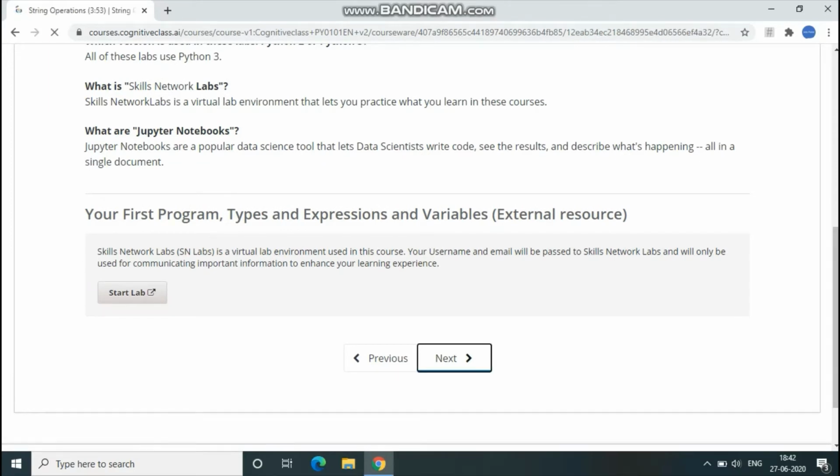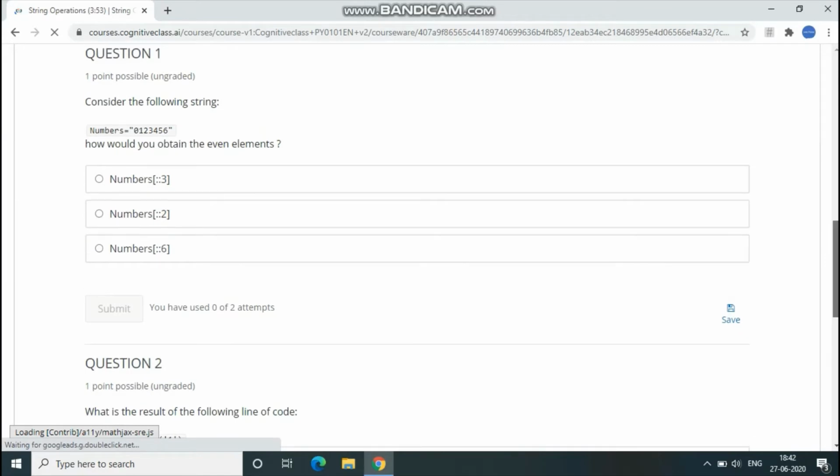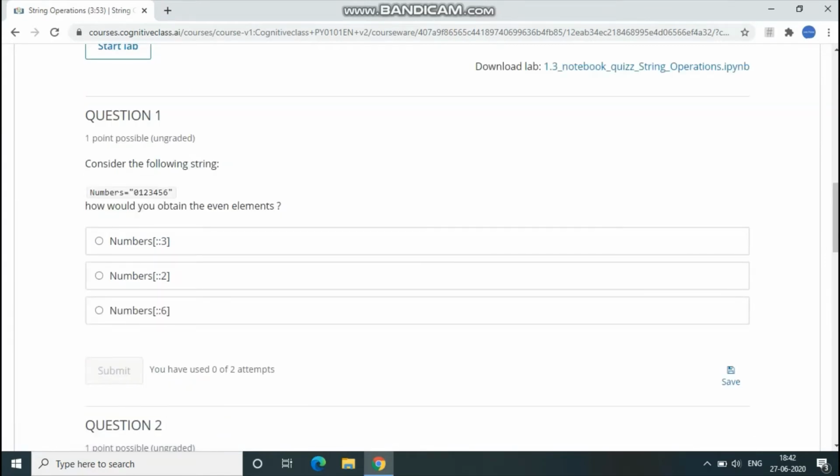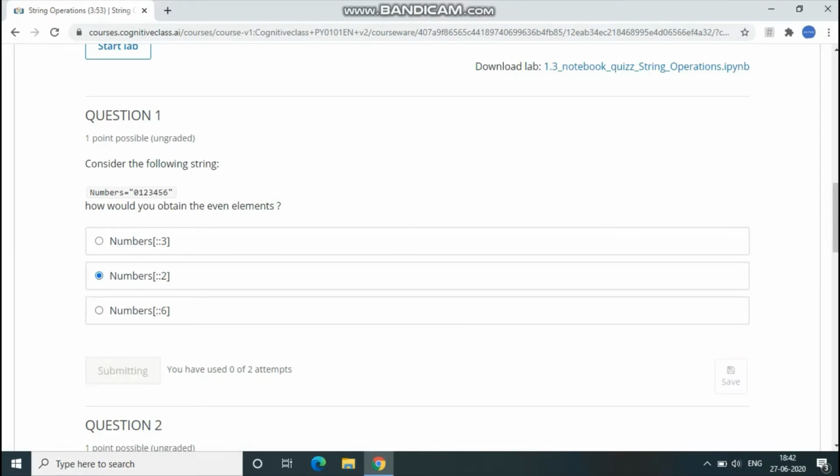Here we'll have a lab option as well. There you can execute your programs. In the third segment, the first question: how would you obtain the even elements? The option will be number 2, the second option. Click on submit.